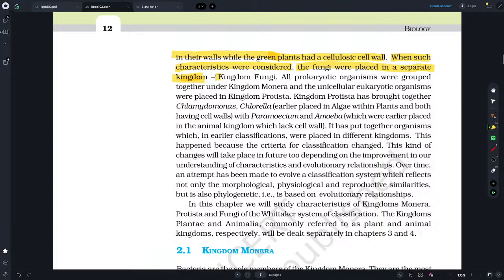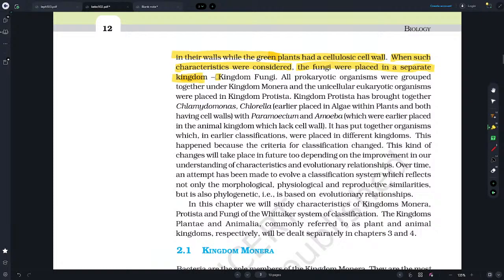Let's do a review again. Biological classification. I'll just read it fast. Since the dawn of civilization, there have been many attempts to classify living organisms. It was done instinctively, not using scientific criteria but born out of the need to use organisms for our own use: for food, shelter, and clothing.